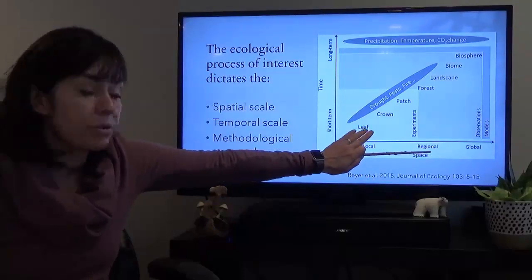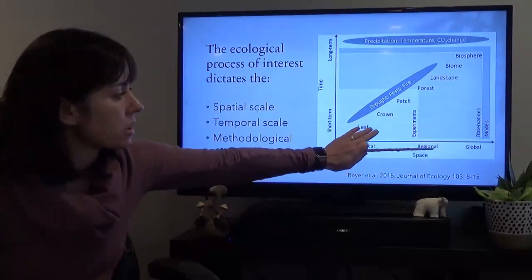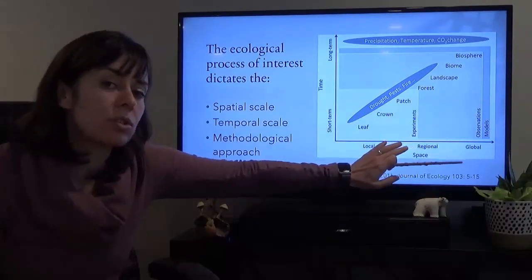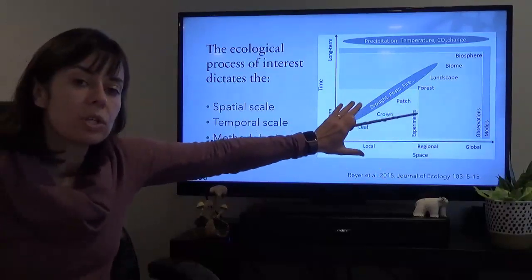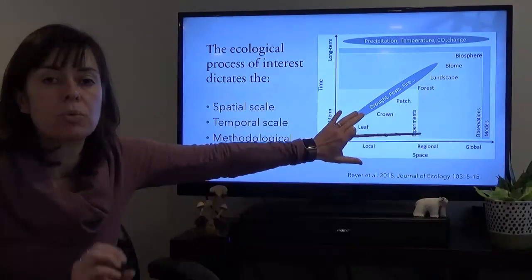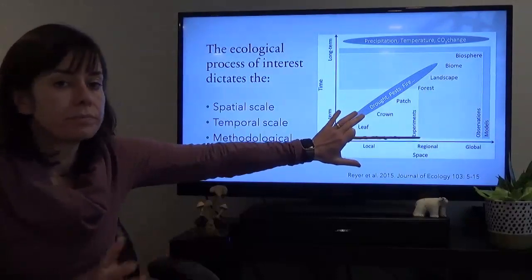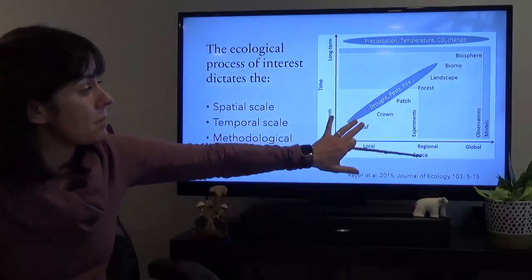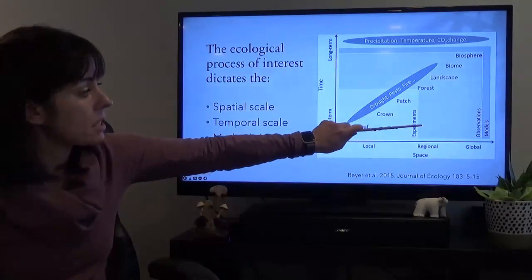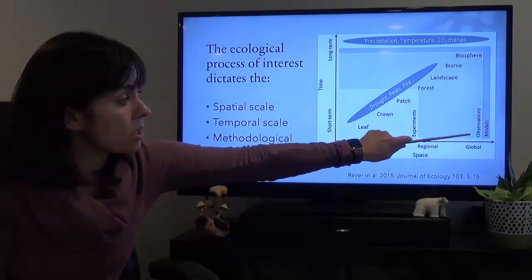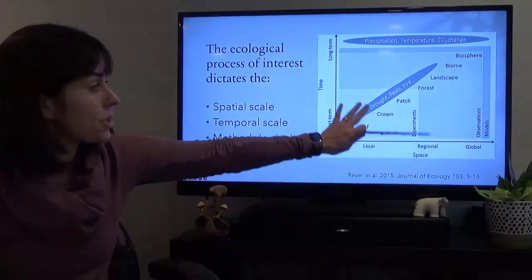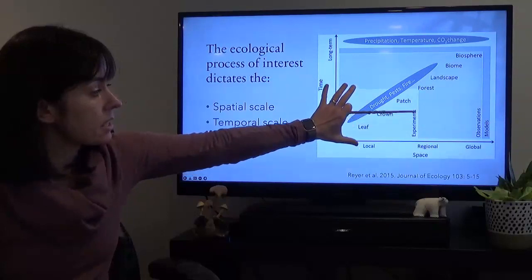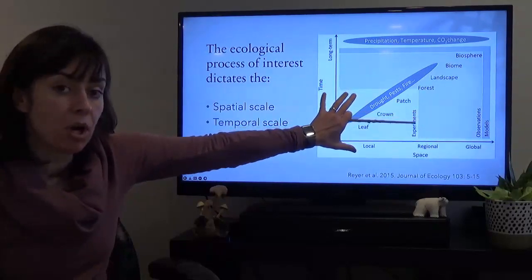And so if you're thinking about forest environments like I do, at the leaf, crown, or patch scale, you're really thinking about local and maybe verging up to regional studies that happen over fairly short time frames. We're talking about responses of individuals or small patches of forest to whatever the change of interest is. And these studies may be conducted using experiments, or observations, or in some cases models. So any of those study types can work at this particular scale, at these small temporal